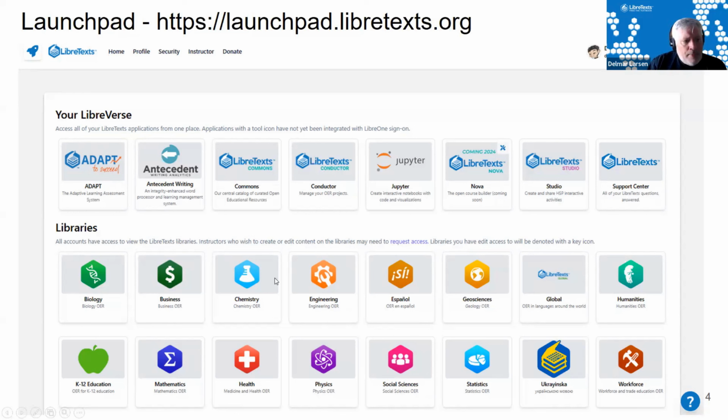So the LibreOne account gives you the ability to start to create textbooks on each of these libraries. I'll go into the details behind that before. And they're hosted, again, individually off here. And this is meant, again, to focus predominantly on the pages associated with textbooks. The other parts of the LibreVerse are reflected up here. And this right here has 7, am I counting it right? 8 different entries right here that help to provide value added features to the textbooks that are hosted on